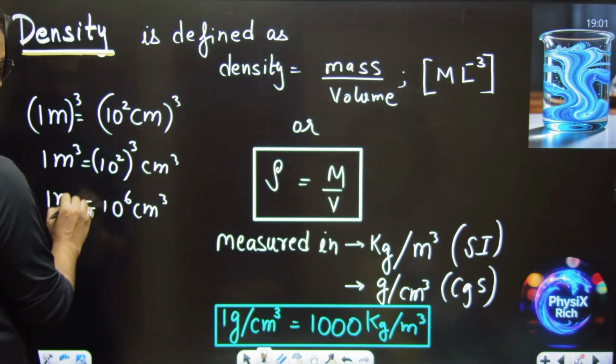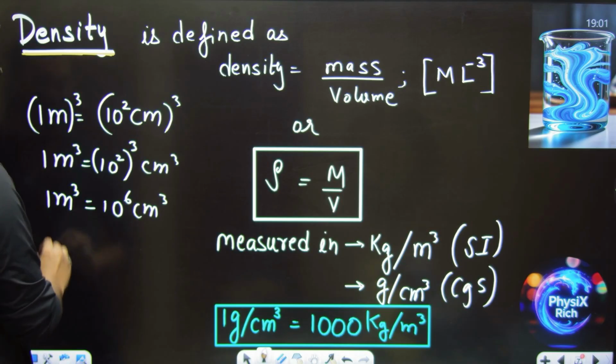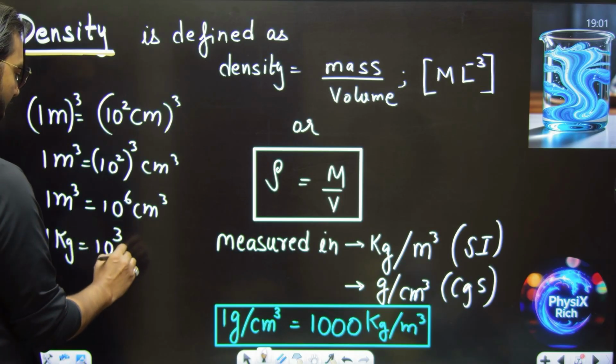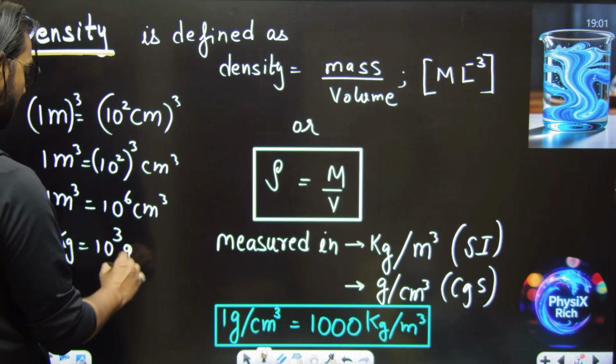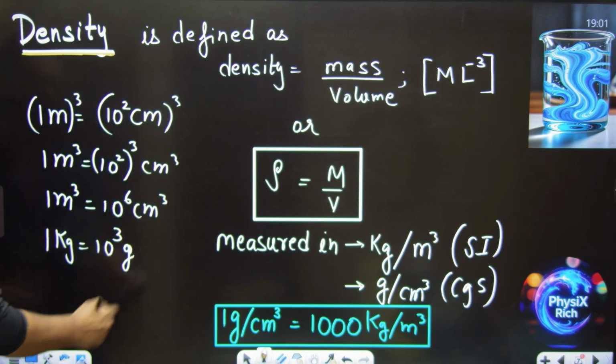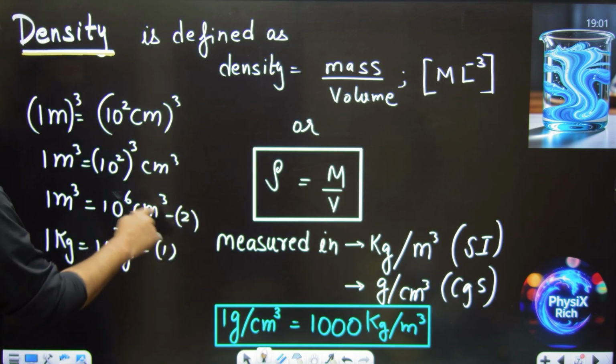Also, 1 kg is equal to 10 to the power 3 grams. Now, if you take the ratio of these, assume this is 1 and this is 2 and you divide 1 by 2, you'll get